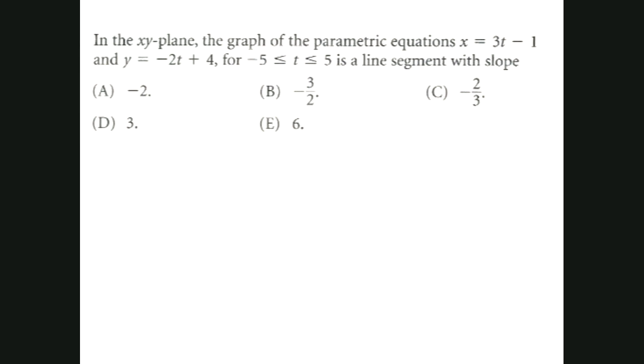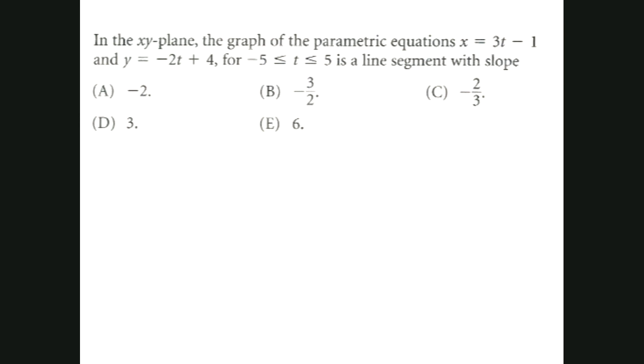For example, this one says, in the xy plane, the graph of a parametric equation, x equals 3t minus 1 and y is equal to negative 2t plus 4 between negative 5 and 5, is a line segment with slope what? Okay, so in this problem, what we want to do is find the slope of